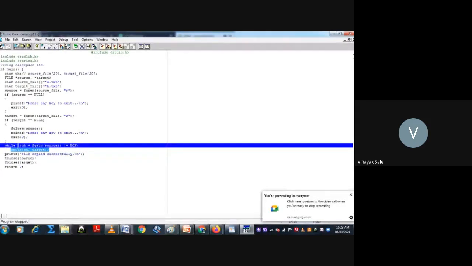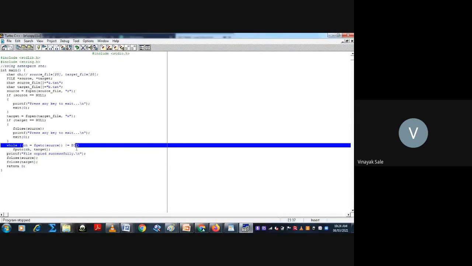Whenever this condition becomes false, that is, the character equal to fgetc source is equal to end of file, then it will print "file copied successfully." Then close the source and close the target.